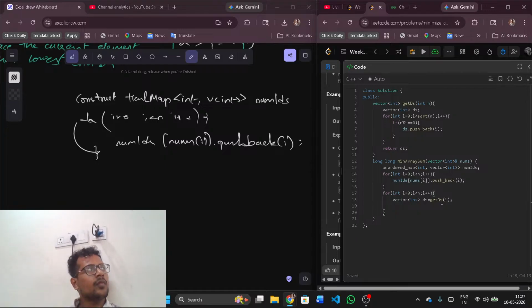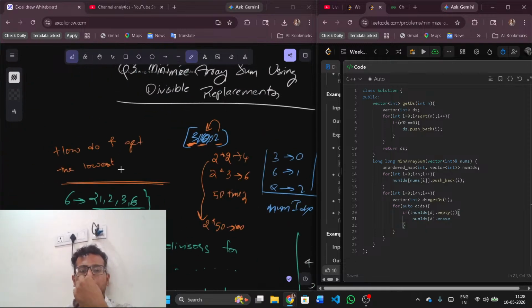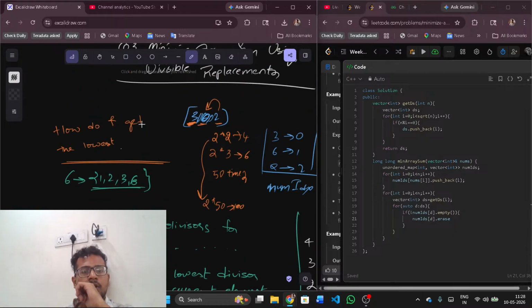Now what I'll do, for auto divisor in divisors, if num indices of d is not empty, then what we'll do, we'll just make num indices of d dot erase, or just, so for, okay, for 6 we have 1, 2, 3, 6, right? So we are changing 6 into 2. Okay,